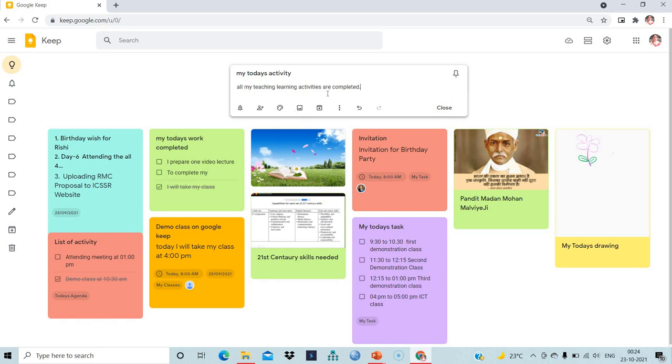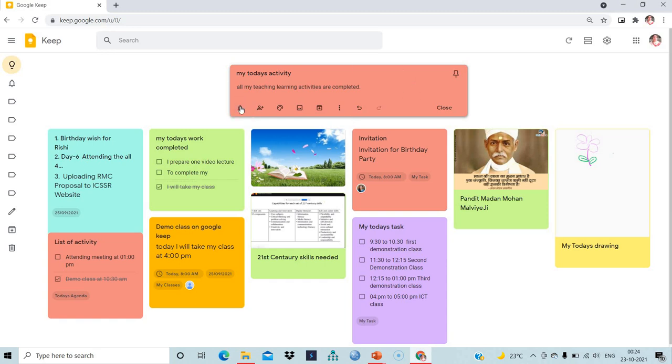Now I want to give some color so that we can easily identify different notes here. So I can give this, okay, I will give the pink color.